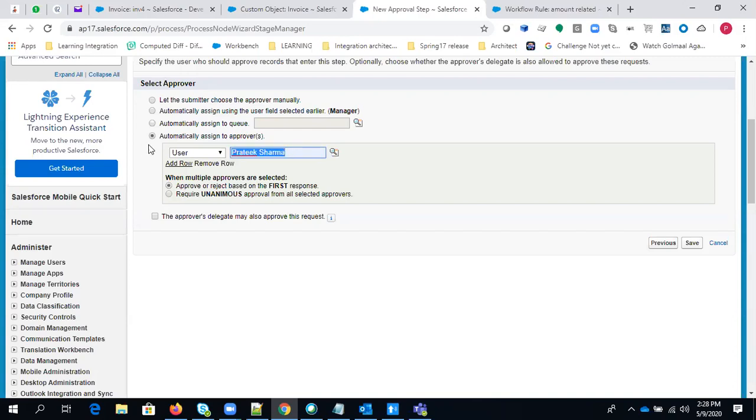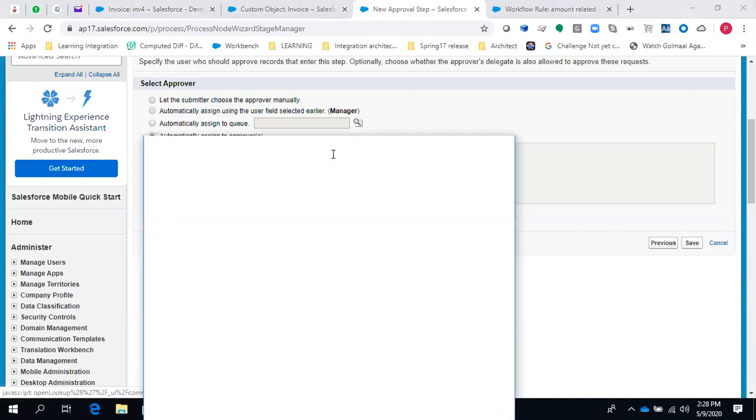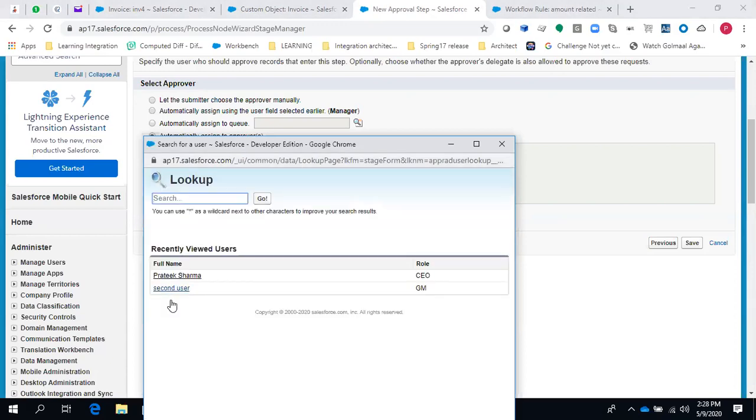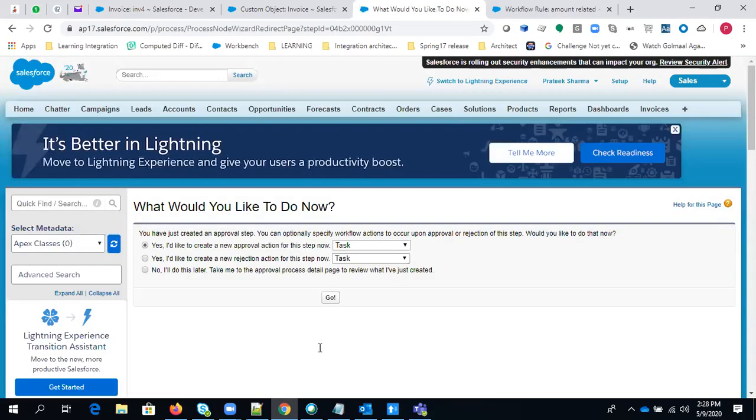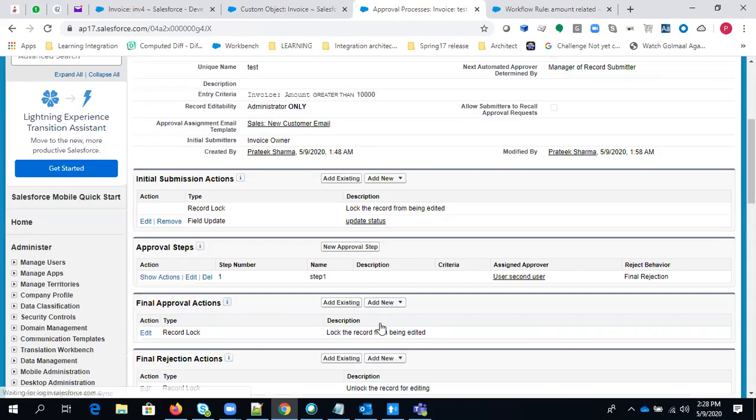Let's just do this to another user. We'll change the profile. So I'm selecting the second user as an approver for this record and saving it. Right? I don't want to create one more, so I will do this later. Right now you can see here.